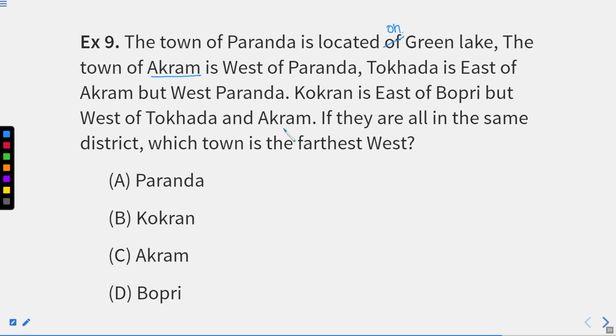Now you have seen certain conditions are given about their positions, that too in the east or in the west direction, right? So we'll form a diagram in a straight line and we'll figure out their positions, right? In this manner. Let's suppose if the first person A is here, B is here, C is here, D is here, and E is here, then what is the question asked? Who is farthest west? Who is at this position? This is the question that is asked, right?